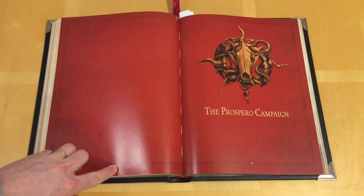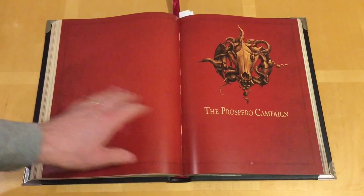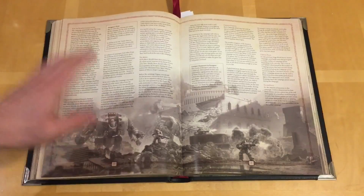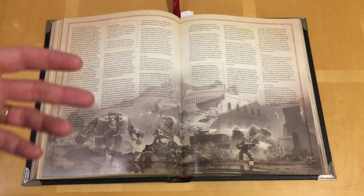Yes, a big section, 184 pages in total, so a lot of lore and history to get your teeth into there. We then have a narrative campaign, so this is a Prospero campaign. Interesting note here, as this book precedes book 1, it is quite right to point out there are no traitors at this stage. So if you want to